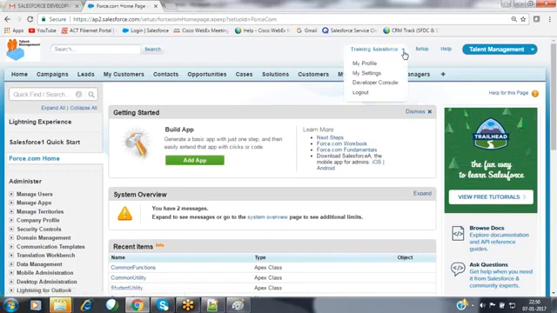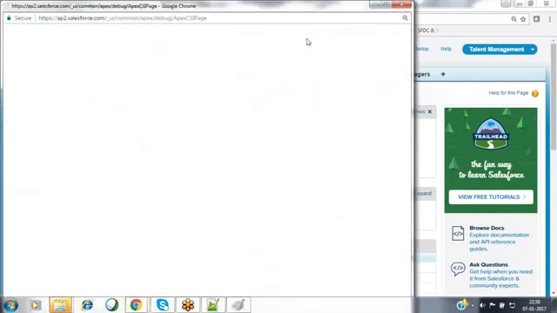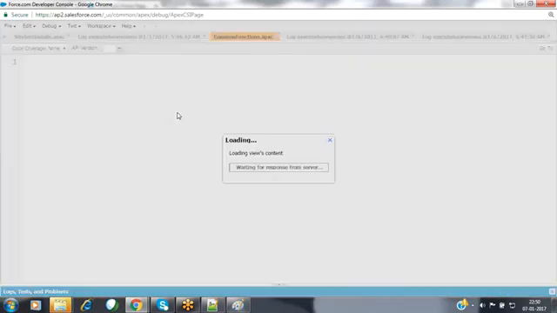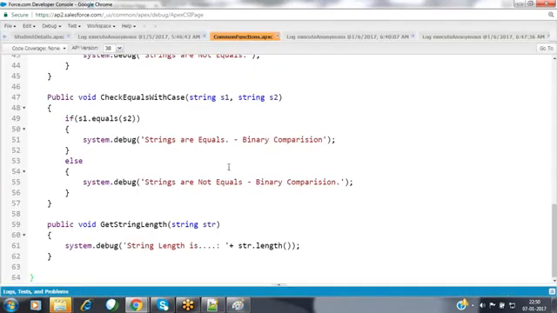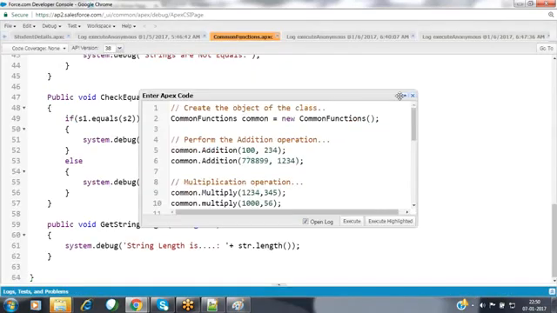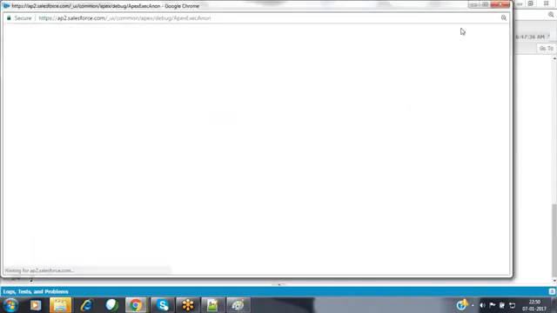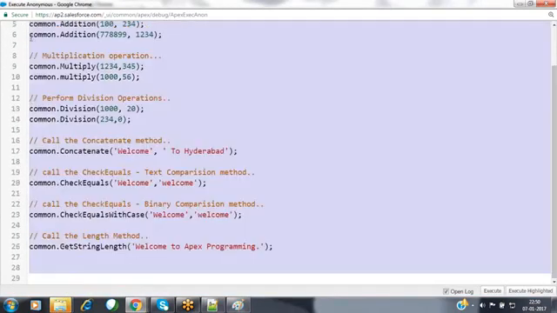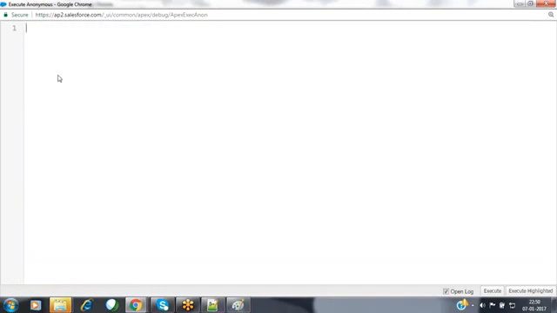Now I'm using my execute anonymous window to implement this feature. In order to store that collection, first of all, what needs to be done?